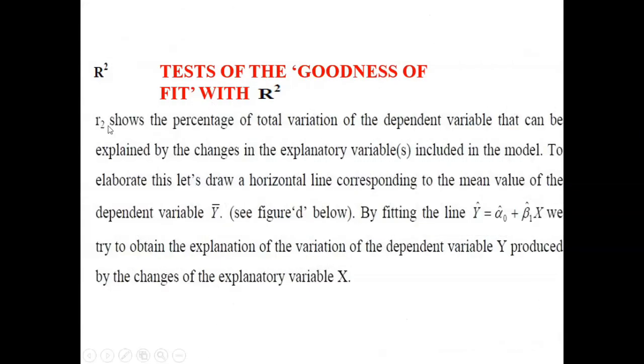So R square shows the percentage of the total variation of the dependent variable that can be explained by the change in the explanatory variable included in the model. To elaborate on this, let's draw the horizontal line corresponding to the mean value of the dependent variable y. By fitting the line y hat equal to alpha hat naught plus beta hat x, we try to obtain the explanation of the variation of the dependent variable y produced by the change of the explanatory variable